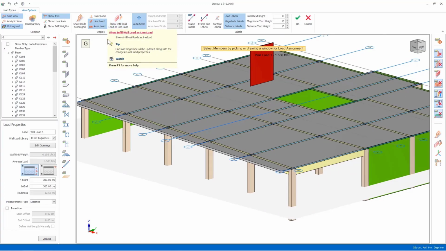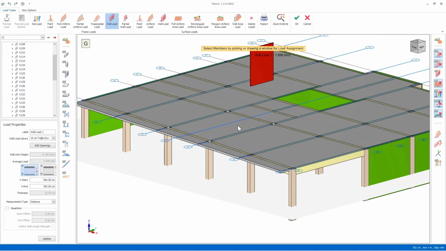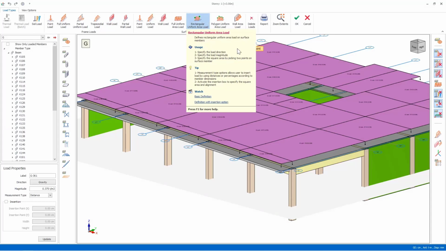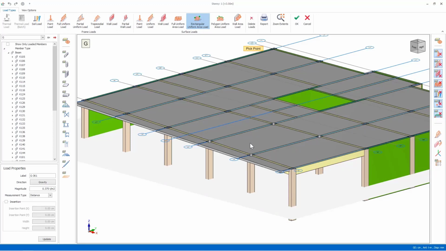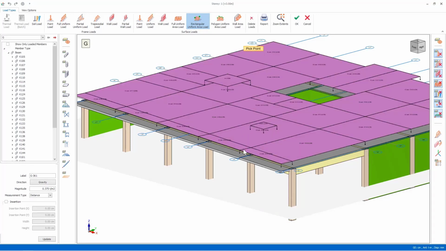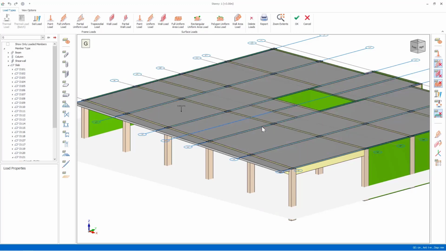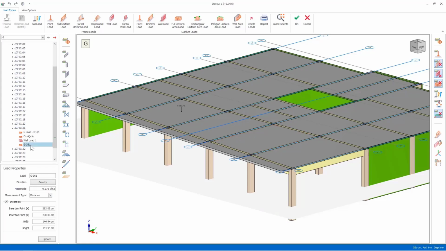Now let's define the wall load on the beam. Similarly, let's select the Wall Load command and enter the wall information from the Load Properties window that opens on the left. When you click on the beam, the wall load will be defined. If you wish, let's now define the distributed area load on a slab. To do this, click on the rectangular Uniform Area Load command. Let's turn off the visibility of all loads for easier identification. Then you can define the load by selecting 2 points on the member you want to define. We will examine other load definition options in detail when defining loads for different members.